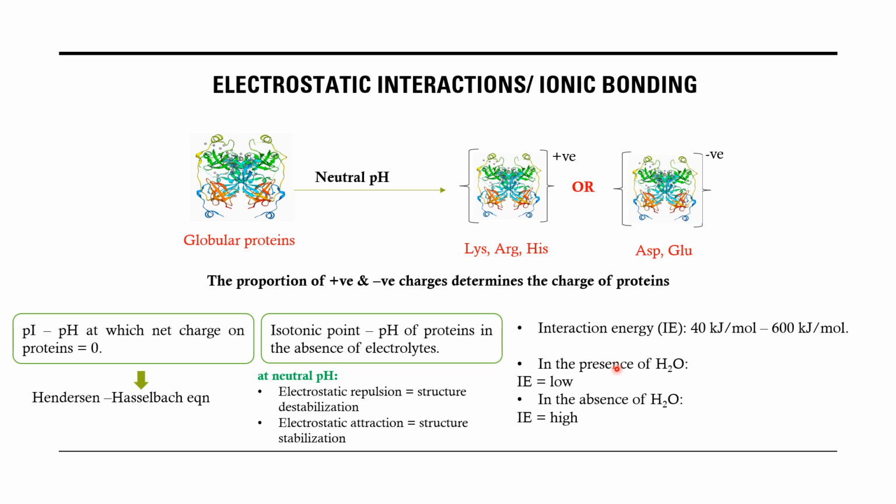Why? Because there are certain regions of the protein where the permittivity is low, as the hydrophobic groups are buried deep inside the tertiary or quaternary structure. There, the interaction energy can go as high as 500 to 600 kilojoule per mole, meaning there is still some contribution when it comes to protein folding. So, to summarize, what can you say? We can say that though electrostatic interactions may not be the primary force behind protein folding, they can sure have an influence on how proteins are folded.